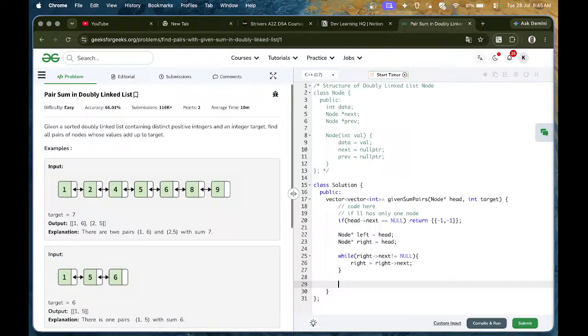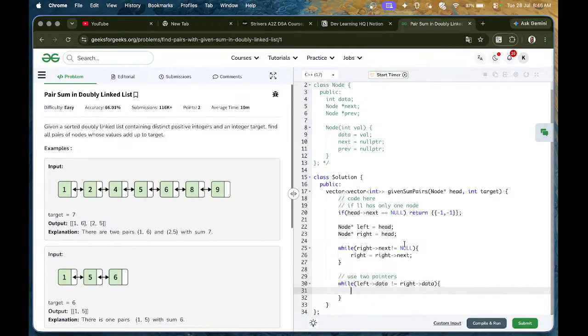Now those two pointers, while left's data is not equal to right's data, if left's data plus right's data equals target,